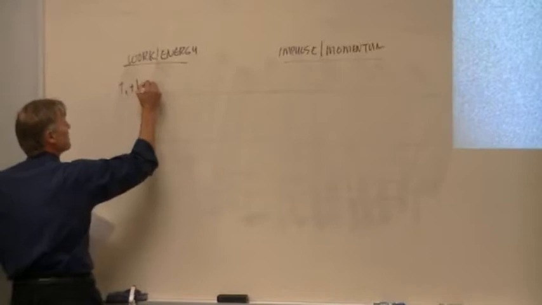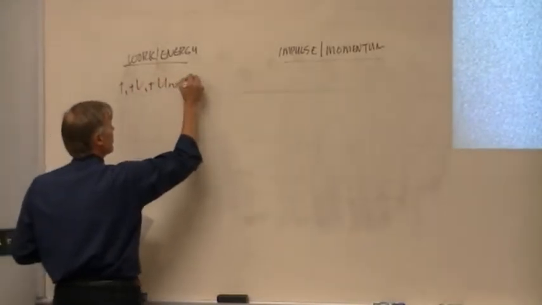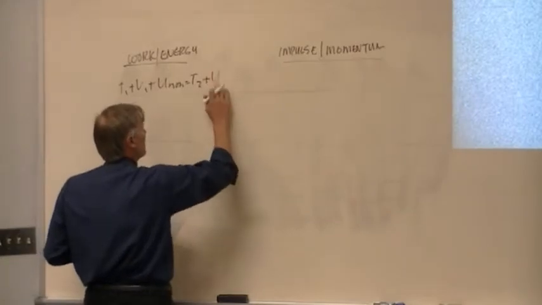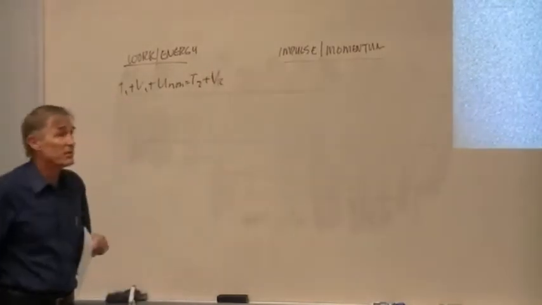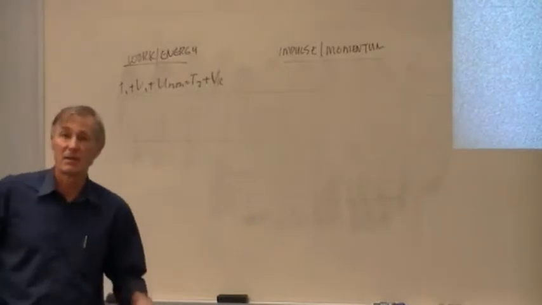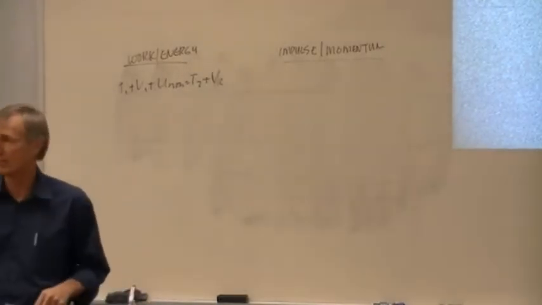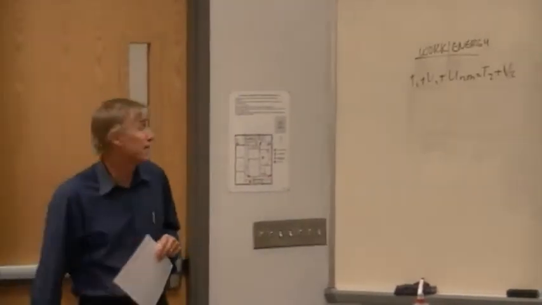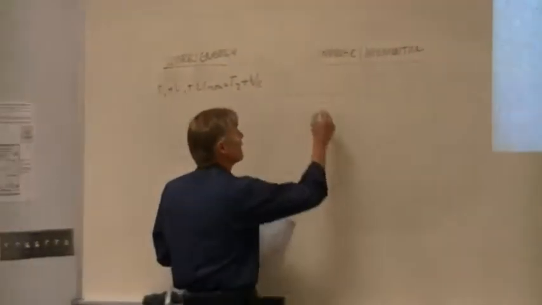T1 plus V1 plus U of non-conservative forces. Okay, so again, remember a conservative force is V1 plus V2. Conservative force, you get it back. That's where gravity and springs come from. Non-conservative forces, you don't get back. Pushing, pulling, friction. Okay. Impulse momentum, we have